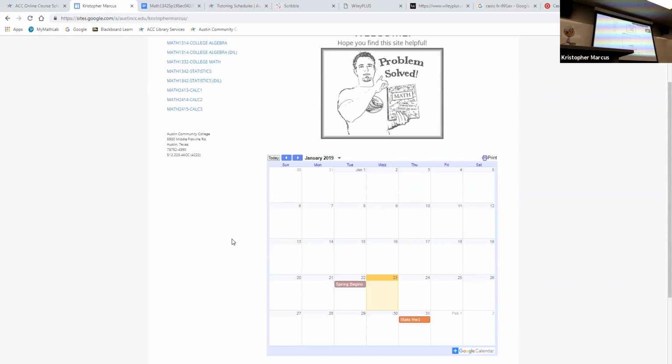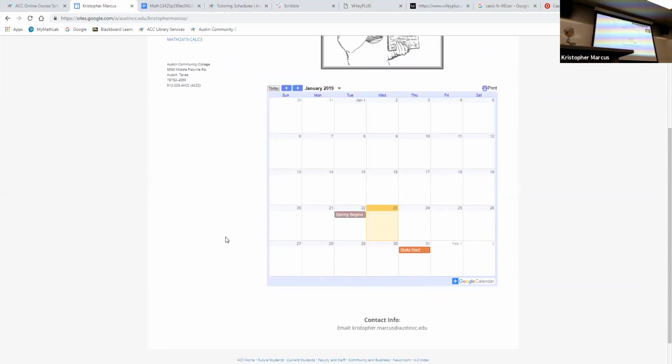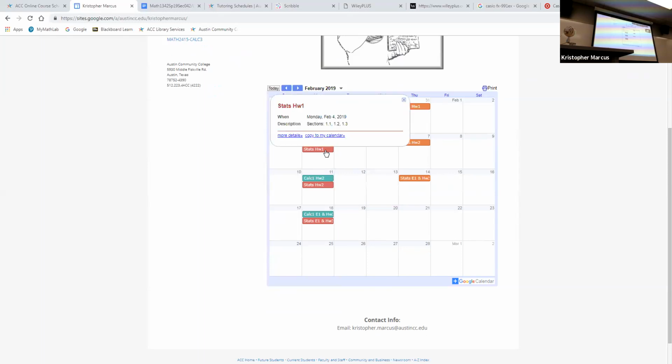So if you go to this page, you probably notice there is a calendar down here. This calendar doesn't have anything for our class because we're Monday, Wednesday. So if you look down here, next week, Monday and Wednesday have nothing. But if you click over into February, you'll start to see stuff is posted. So we are going to be red. And if you click on Statistics Homework 1, which happens to be on February 4th, you'll see sections 1.1, 1.2, and 1.3 are all due February 4th. So those problems for those sections will be turned in class on February 4th.